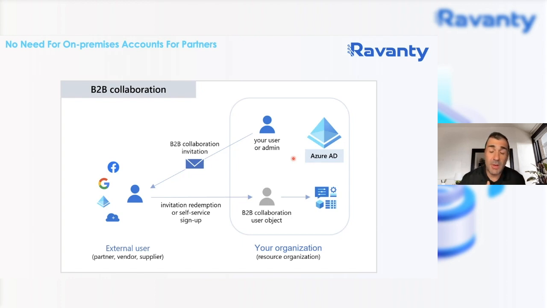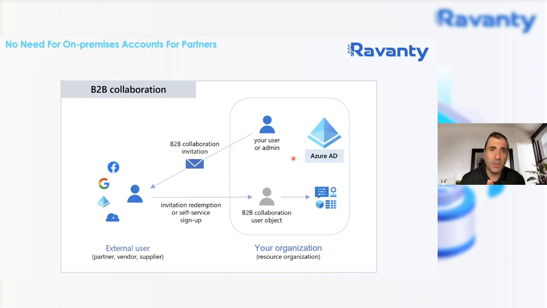Now, we showed earlier about conditional access. You as an administrator can control what type of authentication you want to enforce. You can also trust, say, if your policy enforces MFA, you can trust if the organization they're coming from also forces multi-factor authentication, you as an admin can trust that multi-factor that they performed in their organization and allow them to log in without doing a separate multi-factor. But you could control that all with conditional access policies, as we saw earlier.